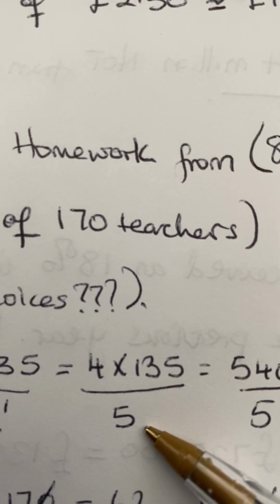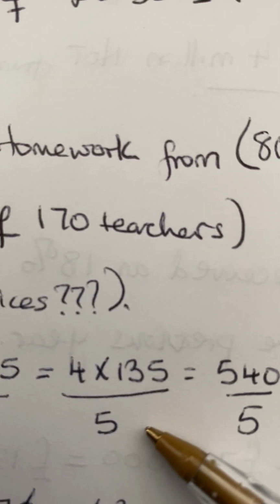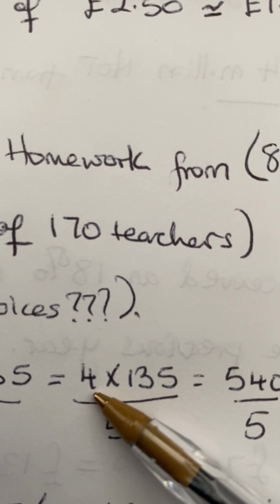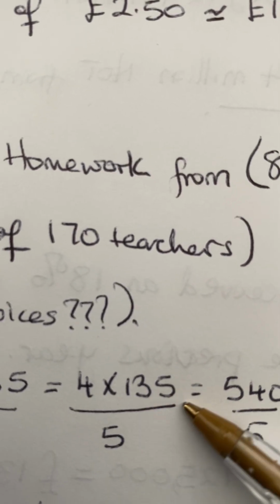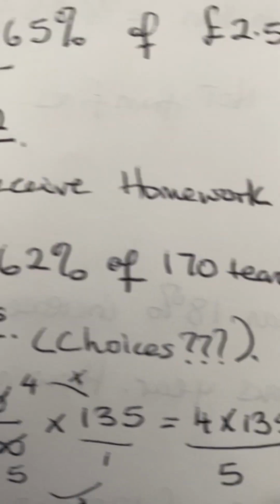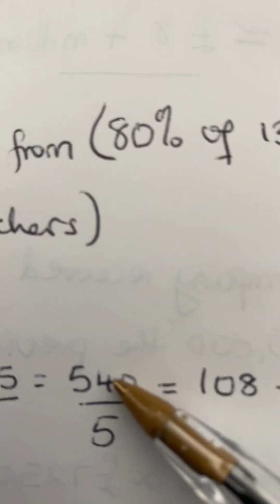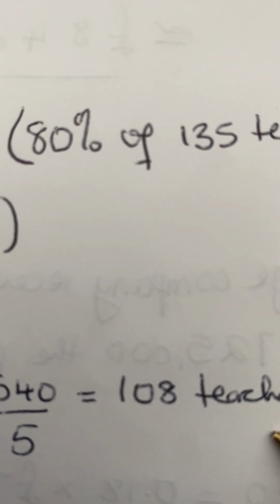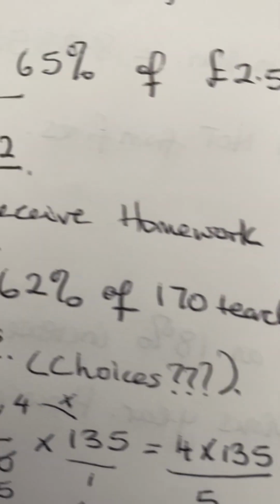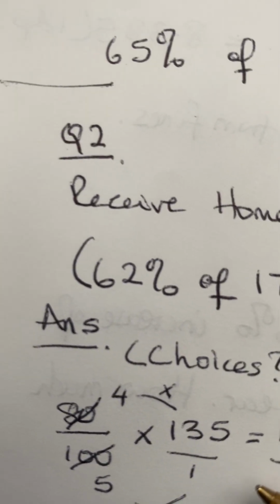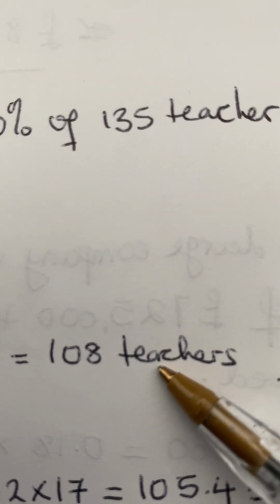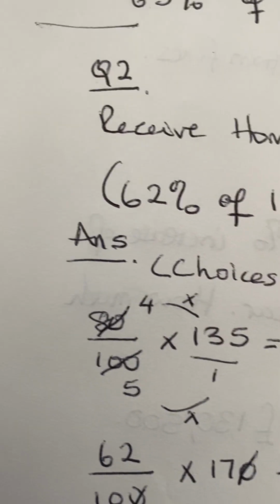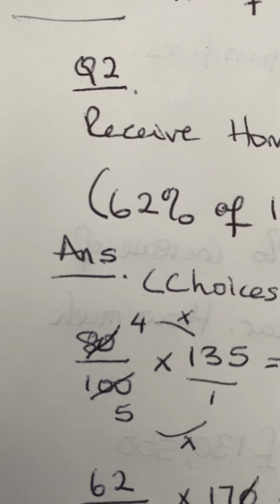Okay, but here, let me assume you have a calculator. So you first put 4 times 135, which is 540, and then divide by 5. So now 540 divided by 5 is 108 teachers. So the first part, 80% of 135 teachers, is now 108 teachers. Now let's look at the second part. 62% of